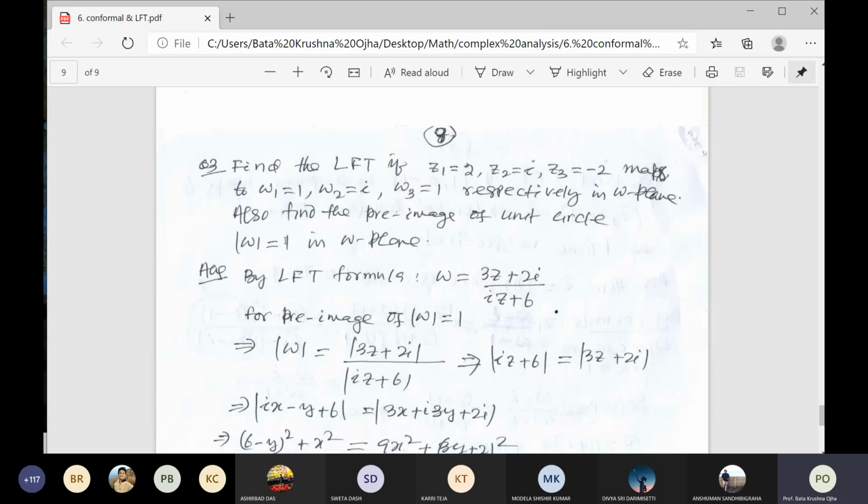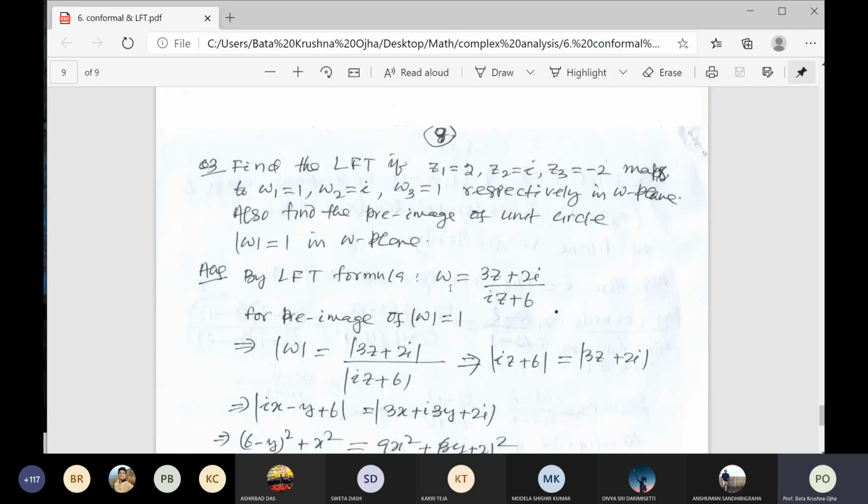Here the pre-image is given. Suppose we find the image of |z| = 1, the unit circle in the z-plane. What will we do? Here w = 3z. So express z in terms of w, and put it in place of z, because it is given |z| = 1. Taking the modulus of both sides, you replace |z| = 1 on the left side, then you simplify, and you will get the relation like that.